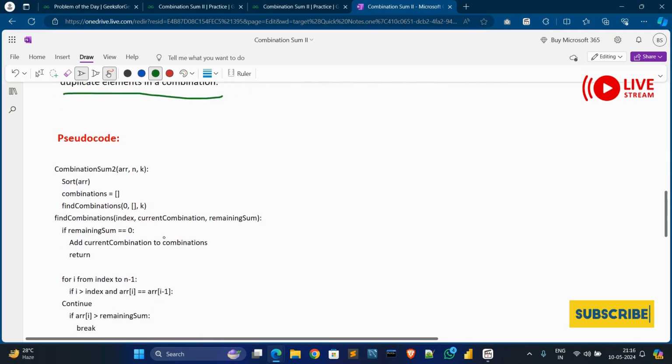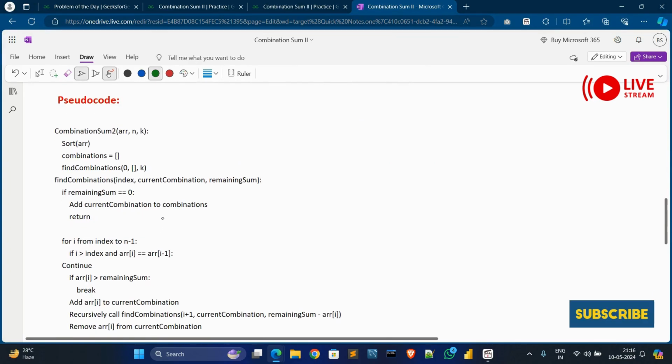Now the pseudocode. In the pseudocode, first we get combination sum and sort the array in ascending order, which helps us avoid duplicate combinations. Then we initialize an empty list and start the backtracking process to find all combinations from the current position.